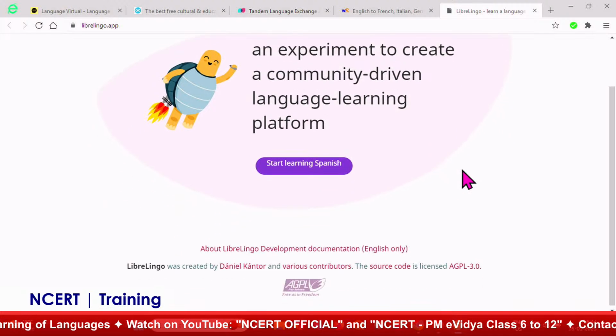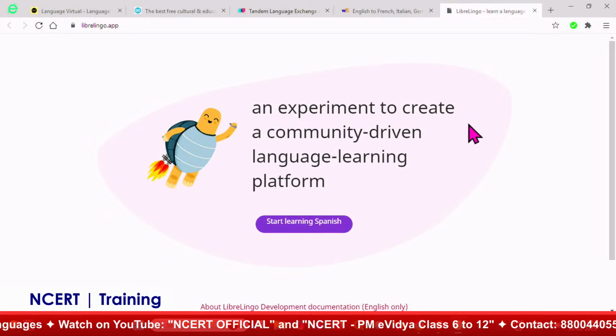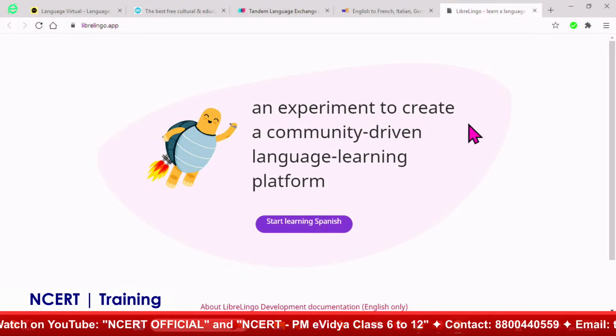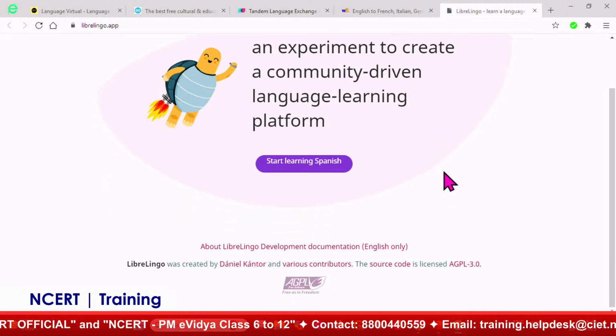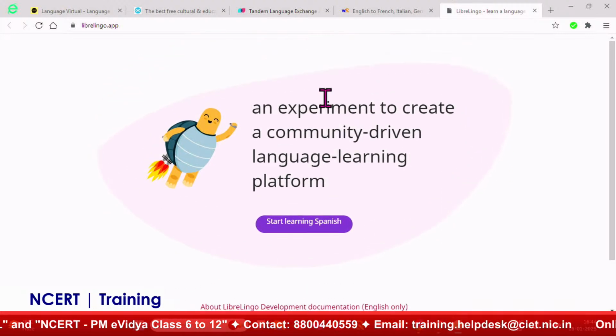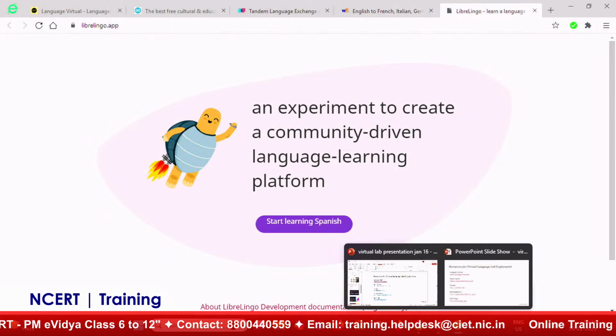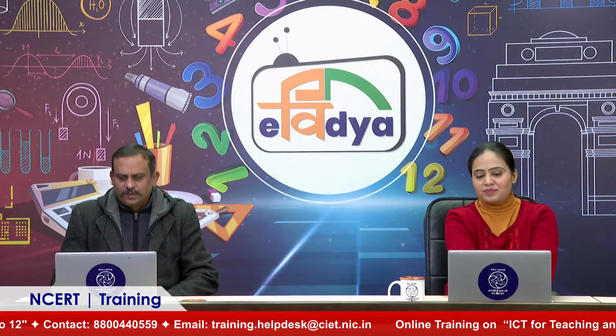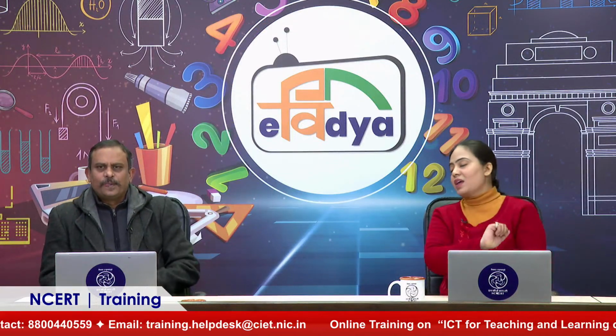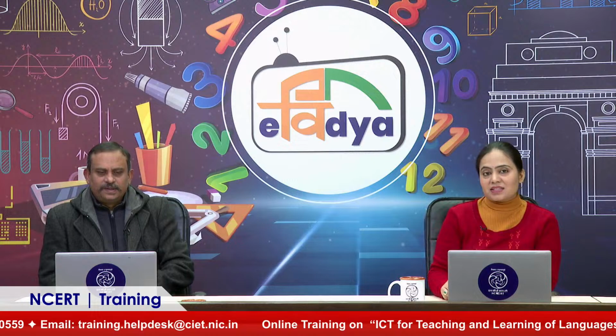True. And so here you can see that this is an experiment, it says, to create a community driven language learning platform. And the first tab is start learning Spanish. So for example, you can learn different languages. So these are some examples. If you explore, you will find even more, but these are the best apps and you can make a note of them. I'll repeat them very quickly.